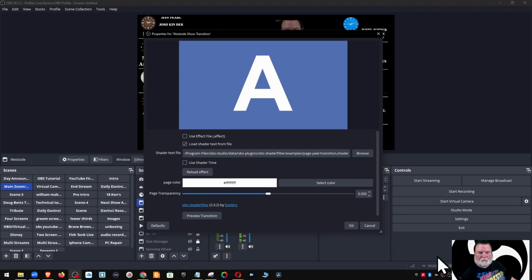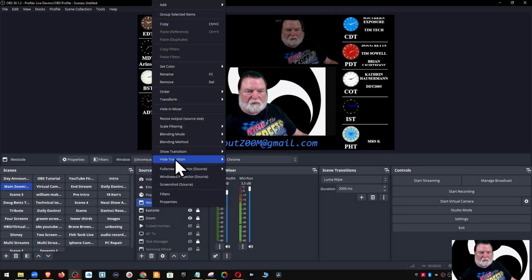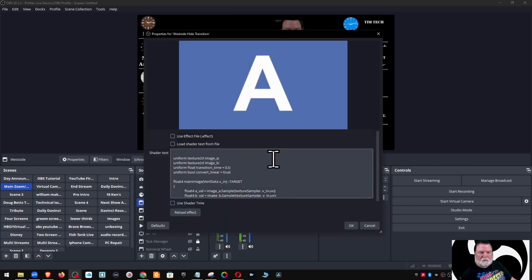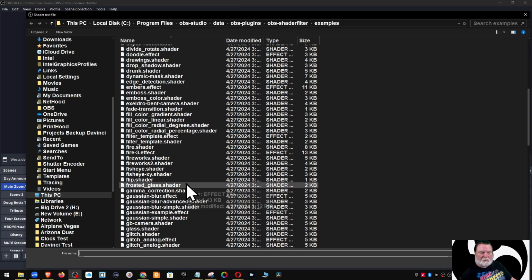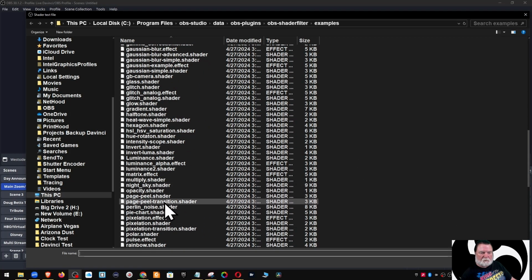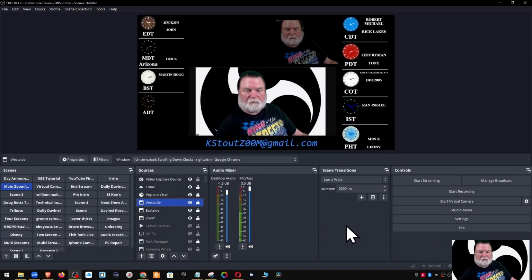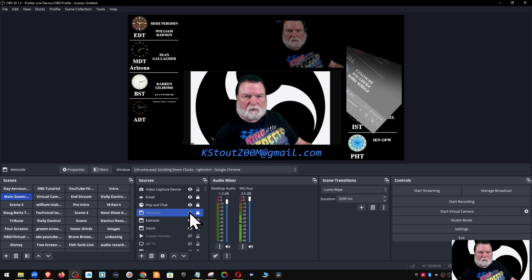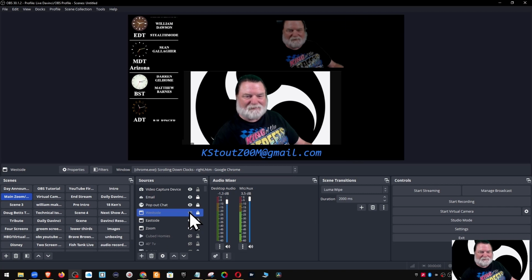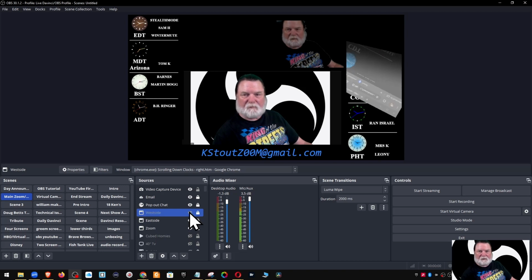Hit open. Hit OK. Right click, hide transition, user defined, load, browse. Back down to page peel transition. Open. OK. So now, when I hit this, it should go like that. That's kind of cool. I kind of like that. I haven't figured out how to make it